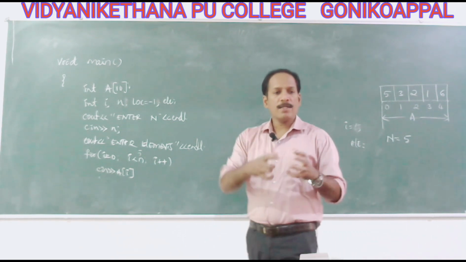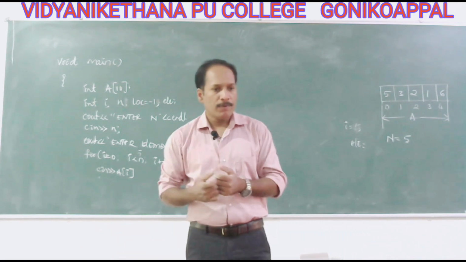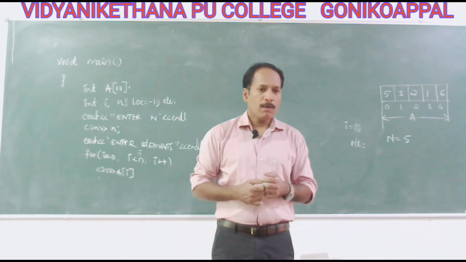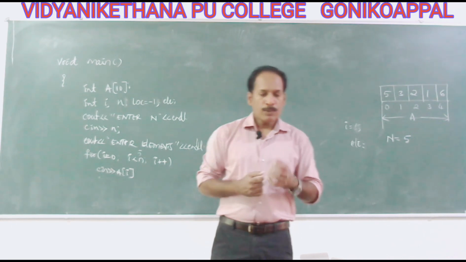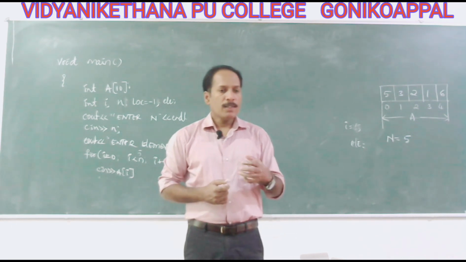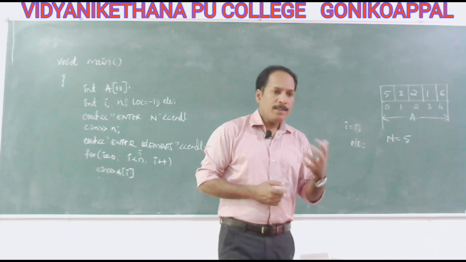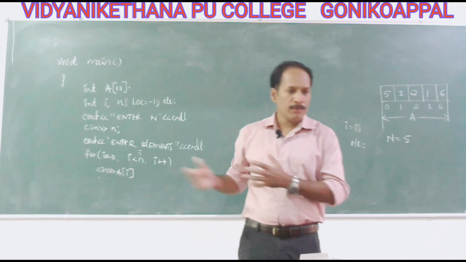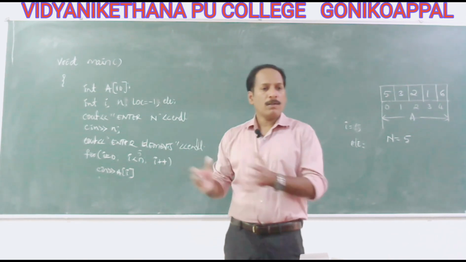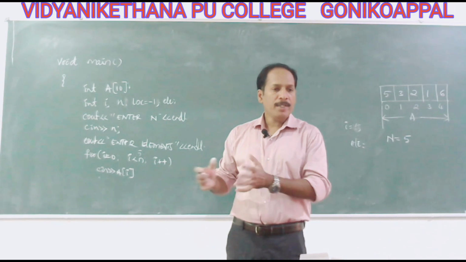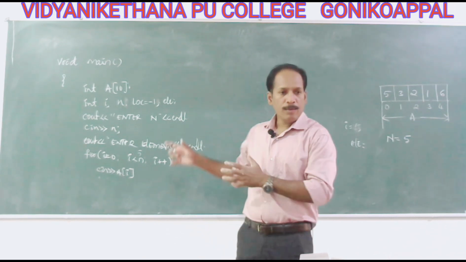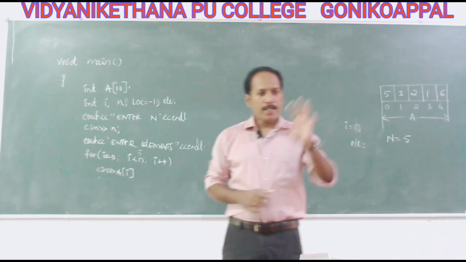So in input, we decide all the variables which are required for input. And also in the processing method, we'll decide what are the output and what are the intermediate results needed. So they are also declared in the variables. In output, what variables are required, how many variables have to be displayed, that will be decided. So indirectly, you take any problem.